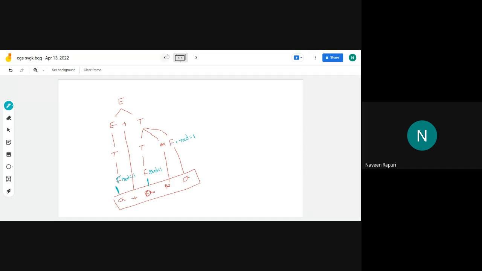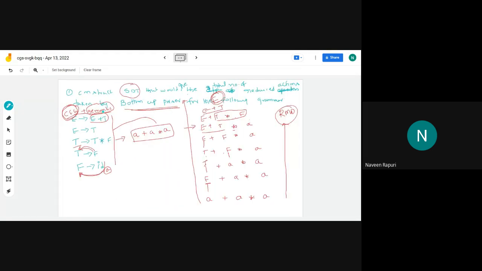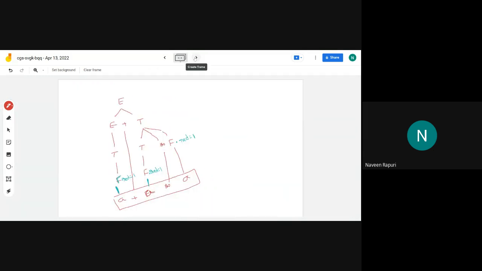Why am I using reduce? Because in the question itself he has given total number of reduce actions that can be taken by the bottom up parser. For that purpose, I am taking the reduce attribute. Suppose if you want to write reduce fully, you can write it, sir. So after that, suppose if we want to reduce T,